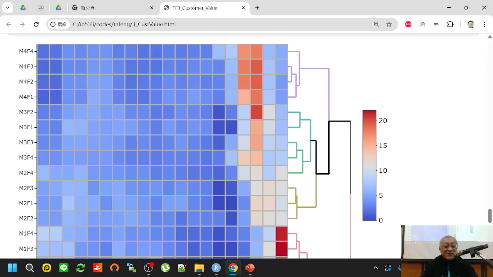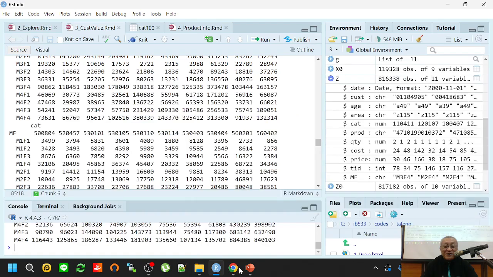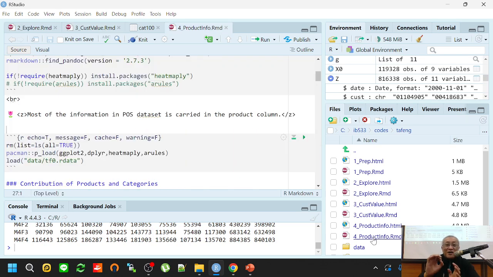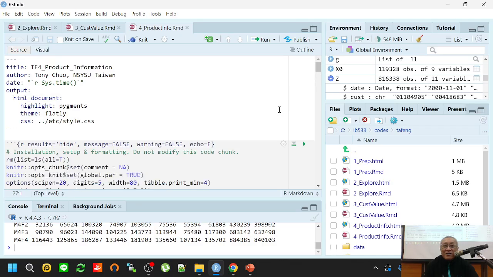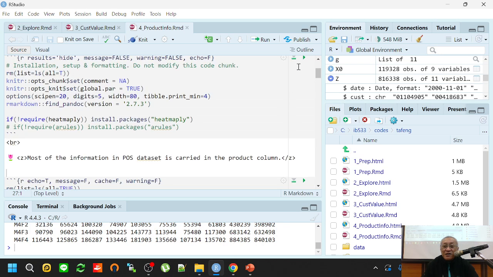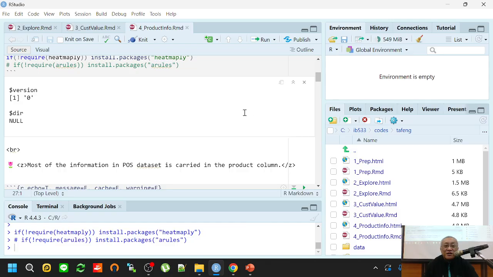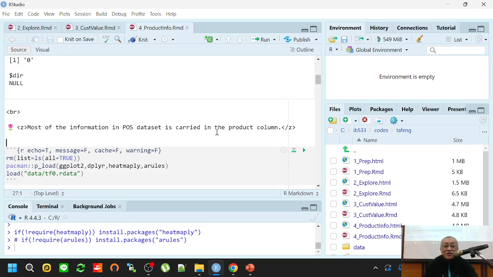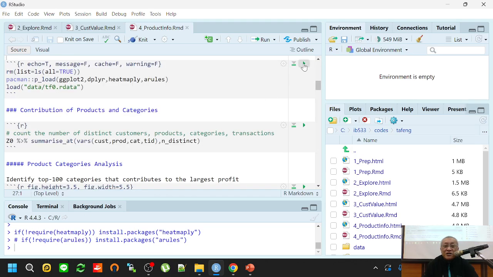Okay, if no questions, let's proceed to notebook 4, right? Now, in this notebook, I will concentrate on product, okay? Notebook 3 is concentrated on customers, and notebook 4 is concentrated on products, okay? Now, again, let's run the first chunk, and then in the second chunk,